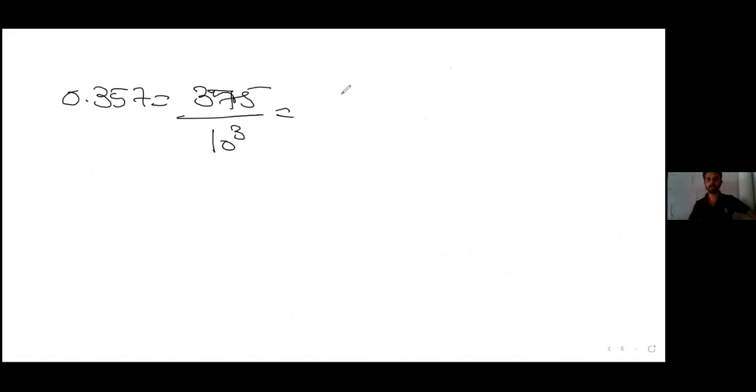Okay, and we can also write this 0.375 in this form: 375 divided by 10 cube, as it is 1000, and this 375 can be further written as 3 into 5 to the power cube, and this 10 cube can be written as 2 cube into 5 cube. Do you agree with this?